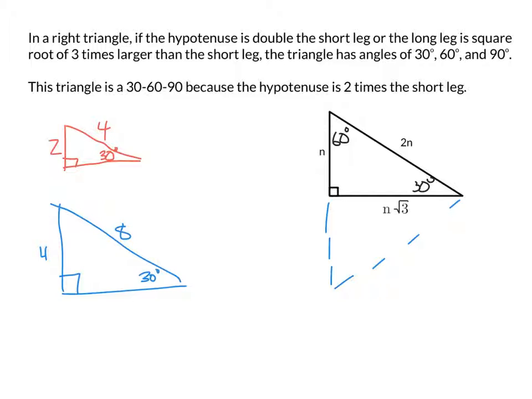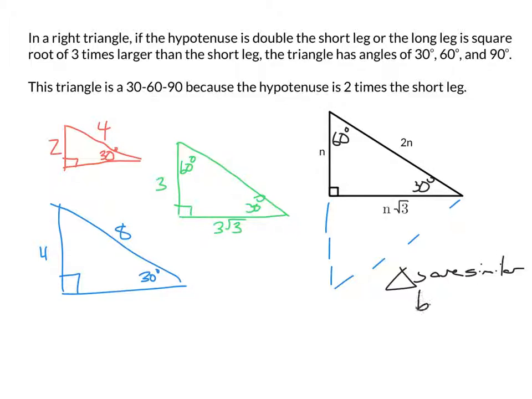If I were to draw it so that I have, let's see, might make a short leg. If I make this 3, and this is 3 square root of 3, I can tell because the long leg is root 3 times larger that we're also going to have a 30, 60, 90 right triangle there. And once again, because we have two pairs of congruent angles, these triangles, again, are similar by angle-angle similarity. And so we know that the long leg is always square root of 3 times the short leg. So in the red triangle, this side should be 2 square